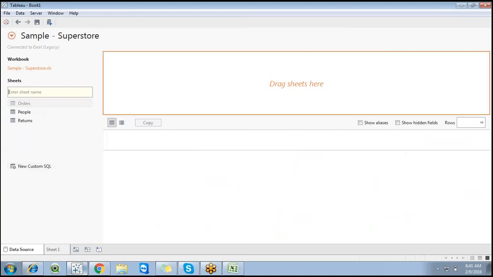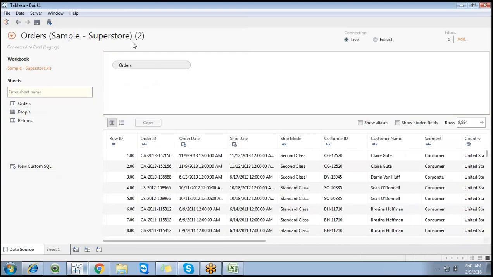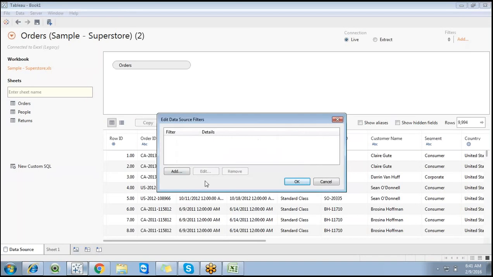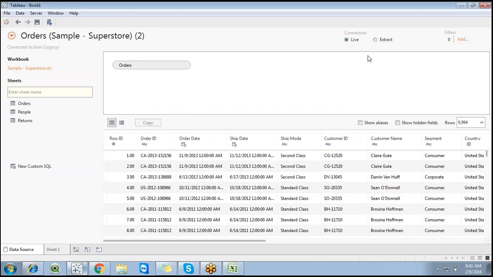Drag and drop the orders table here. So this is a data source filter. We already discussed edit data source filters. Now you can see the editor name, edit data source filter, and you can apply it here. It impacts the whole data source level, all the sheets.